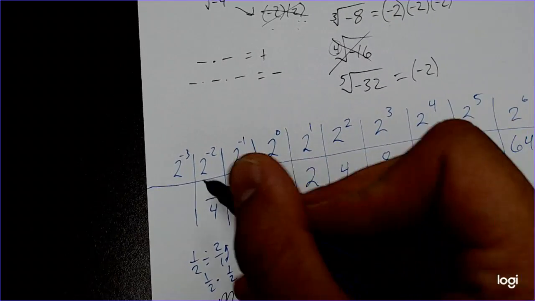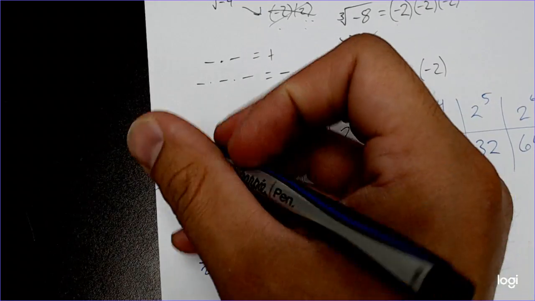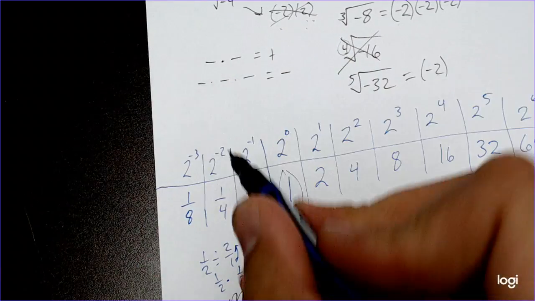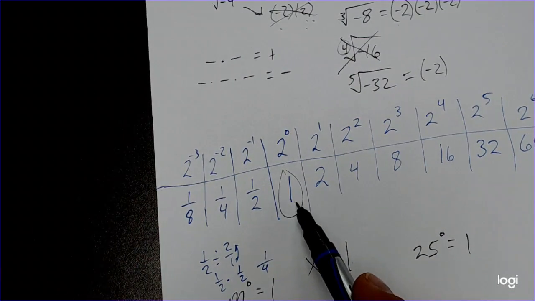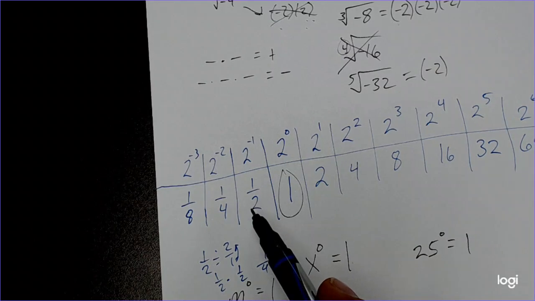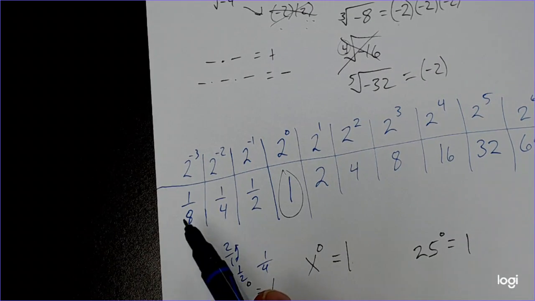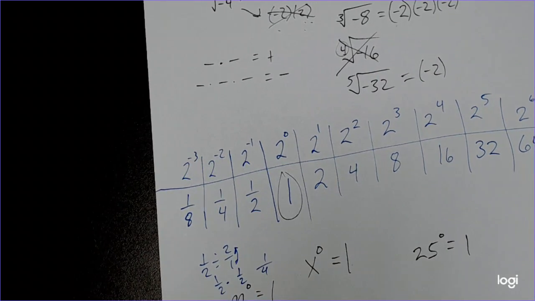Now, to find out 2 to the power of negative 3, what's 1/4 divided by 2? Well, that's just 1/8. And you see the trend here. The trend is you just take the denominator times 2, denominator times 2, and that's how the trend keeps going. The other interesting thing to notice